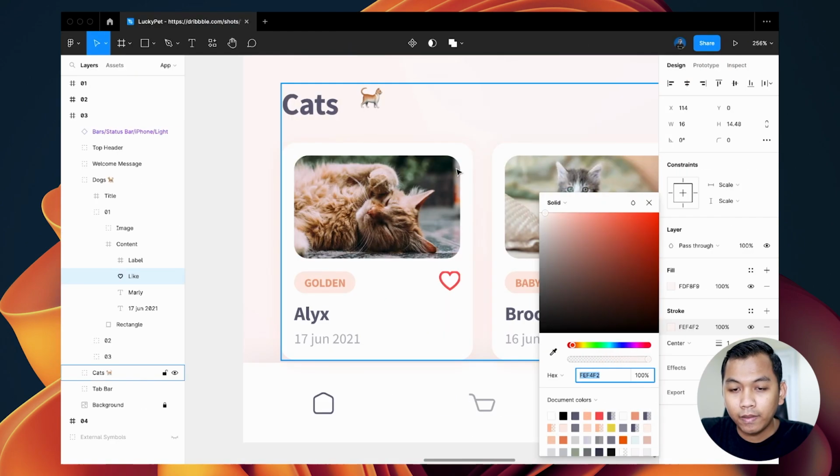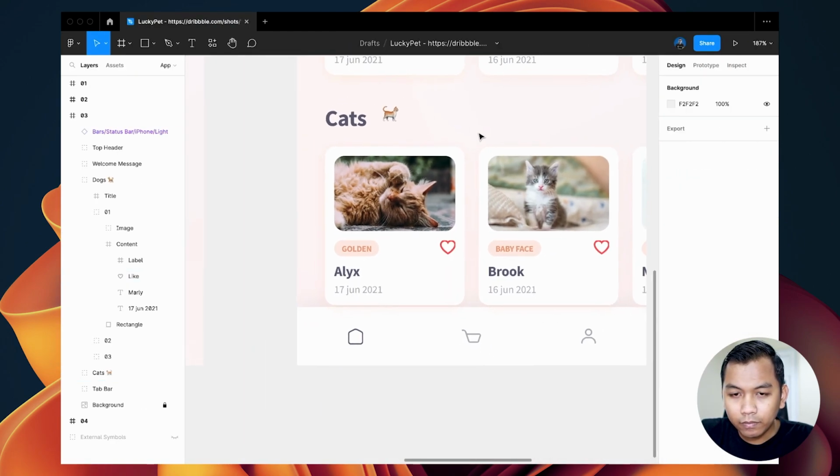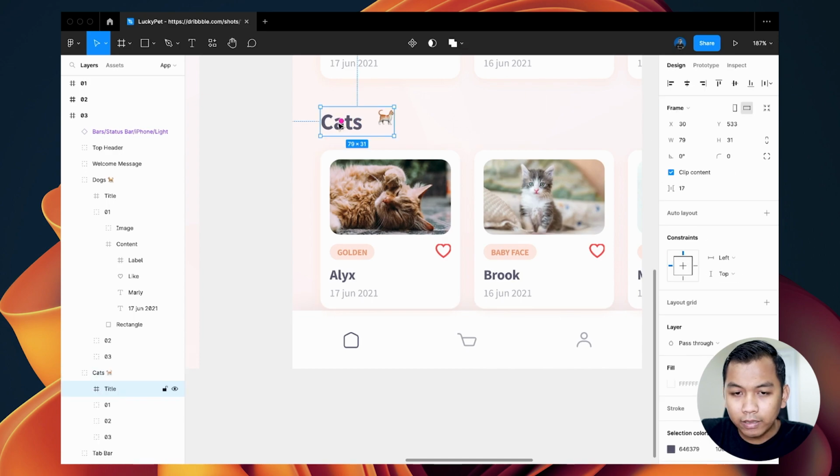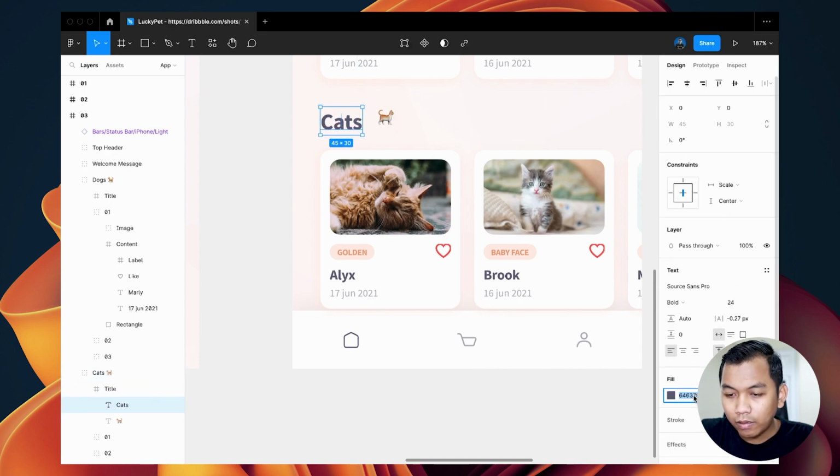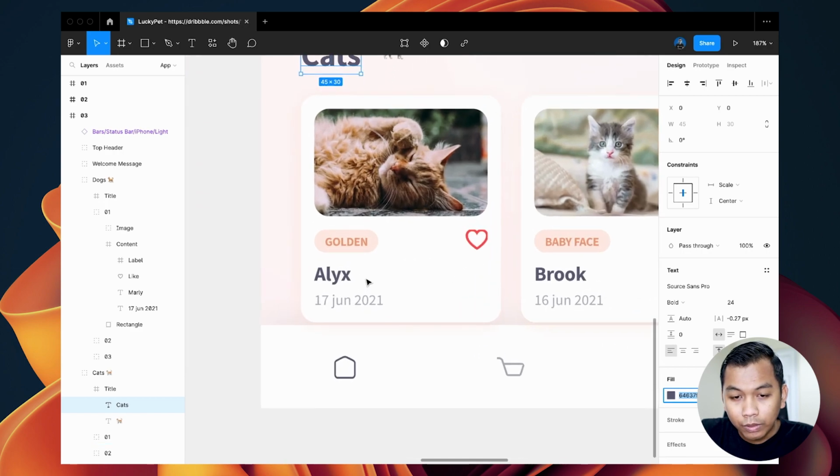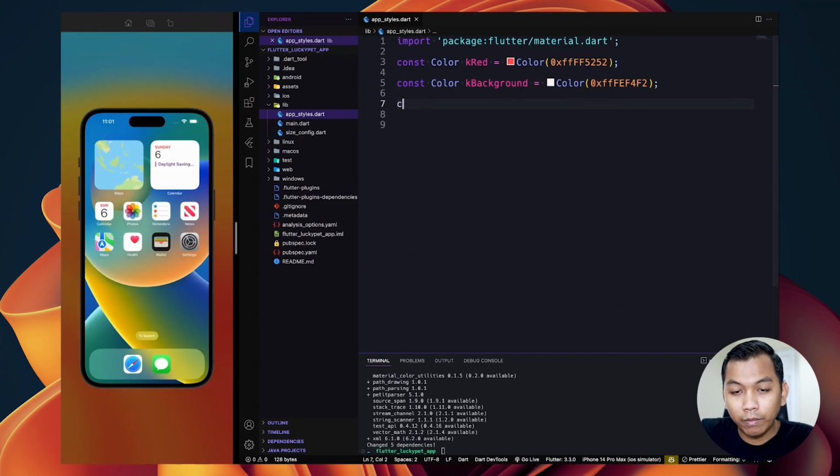Alright, and let's pick this color. So maybe gray color.